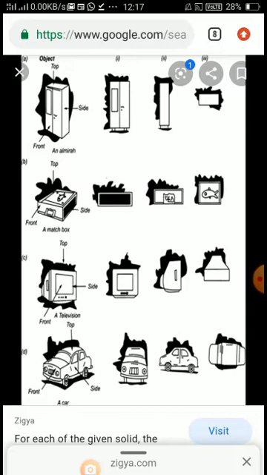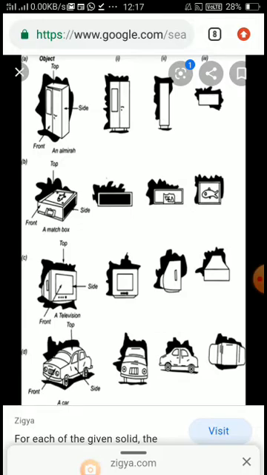Now see third, a television is given. In this television you can see the side portion, the top portion, and the front portion. So image number 1 of the television is showing you what? The front portion. And image number 2 is showing you the side portion of an object. And image number 3 is showing you only the top portion of an object.